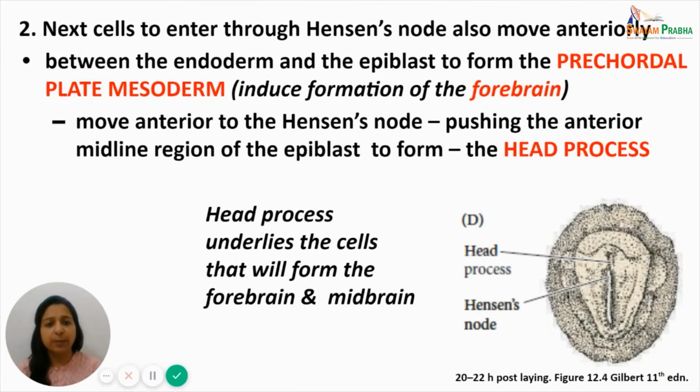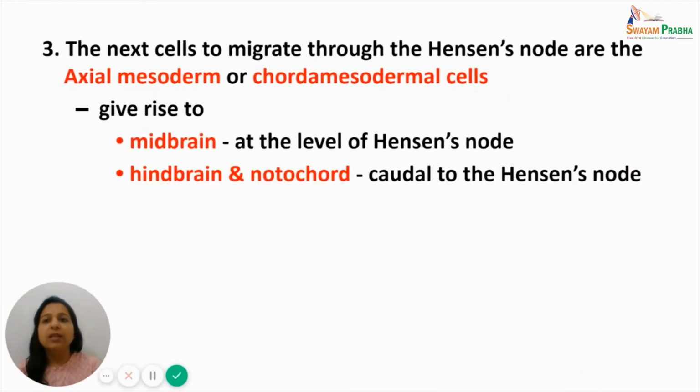midbrain of the embryo. The next cells to migrate through the Hensen's node are the axial mesoderm or the chordamesodermal cells. The axial mesoderm gives rise to the midbrain at the level of Hensen's node, and it also gives rise to hindbrain and notochord caudal to the position of the Hensen's node. Here we remember that notochord is formed once the Hensen's node begins to regress, that is during the next phase